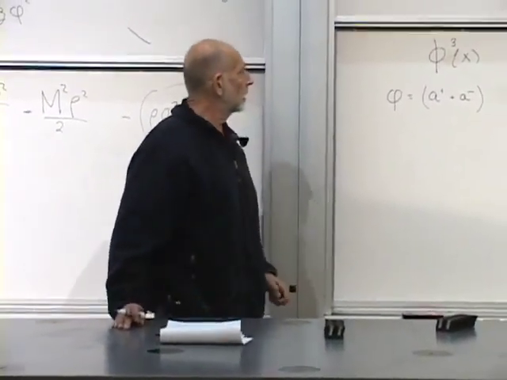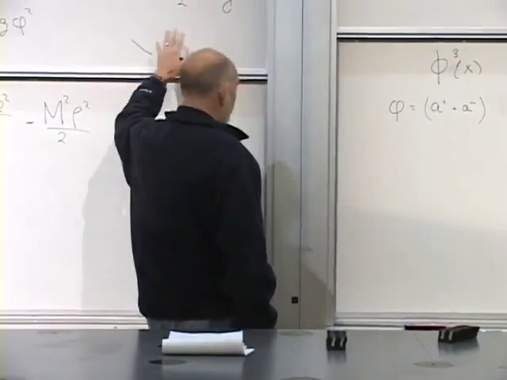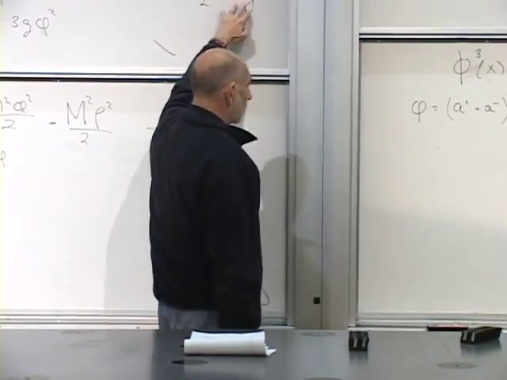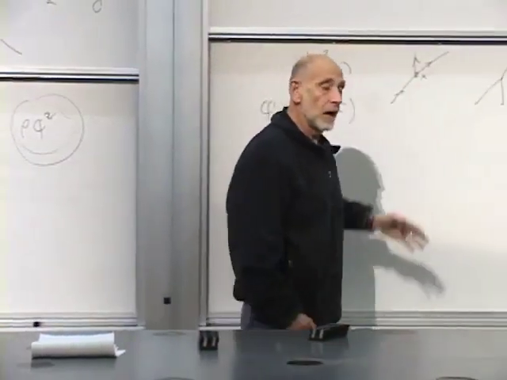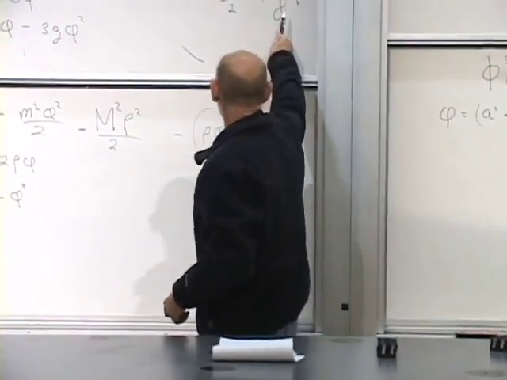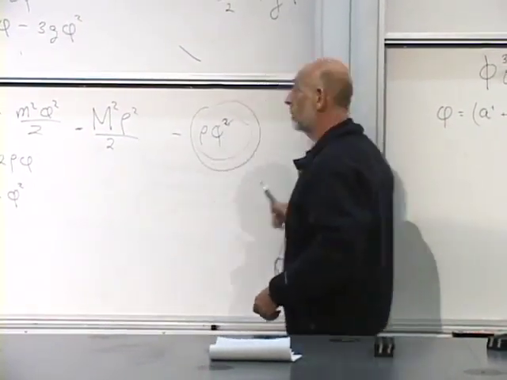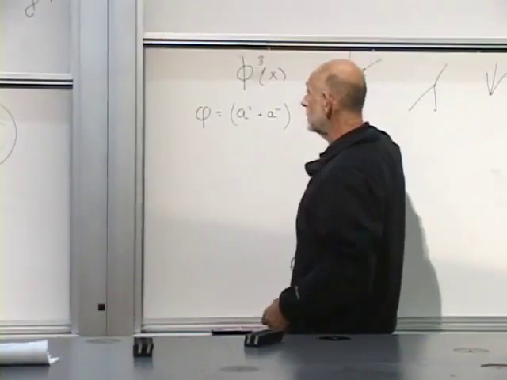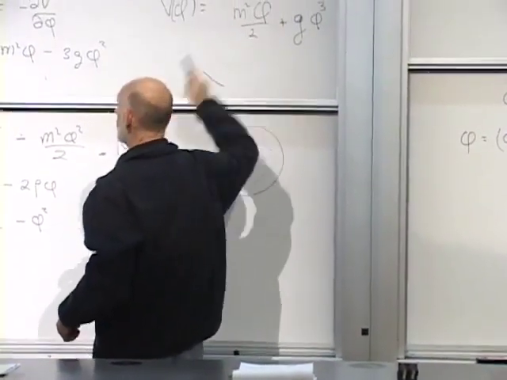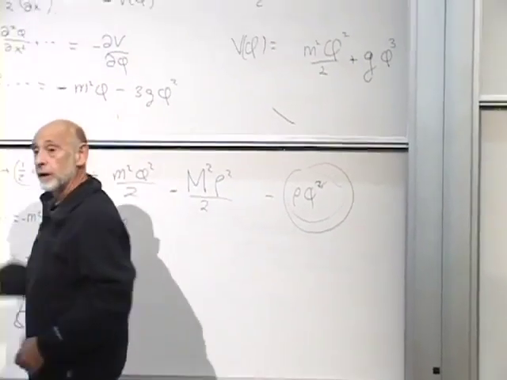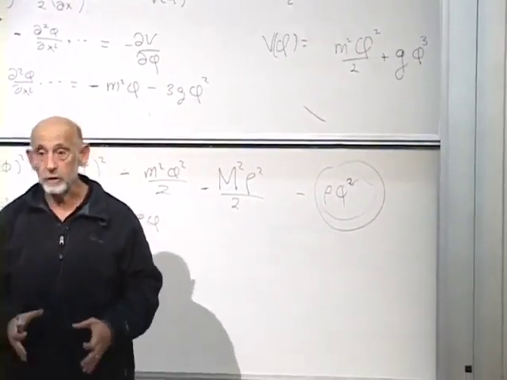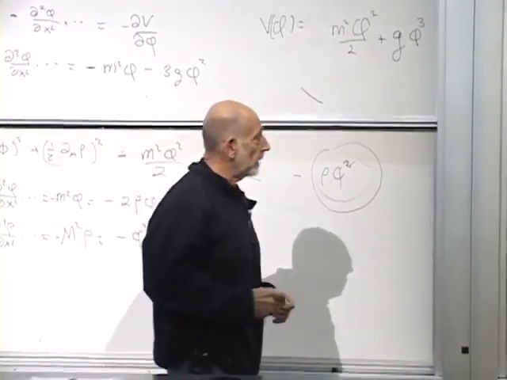In fact, the Lagrangian represents some of the terms represent interactions like this. The other terms, the higher powers here, represent interactions like this. The quadratic terms, where are they? Phi squared and here. These represent just the motion of a particle, the motion of an undisturbed particle. So let's see how that works.